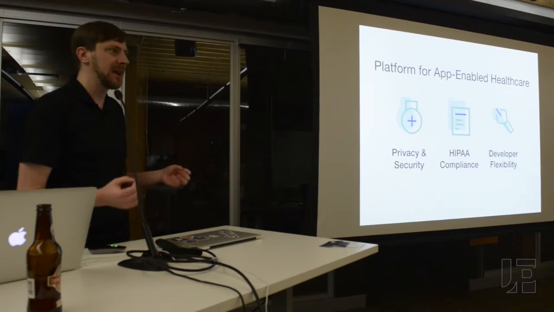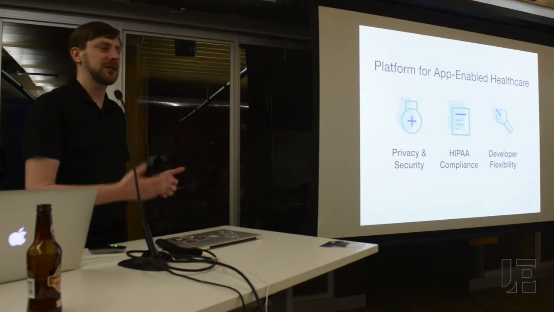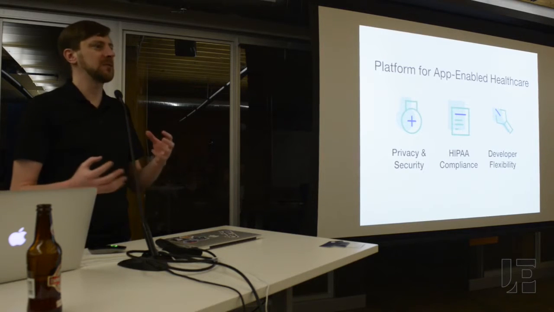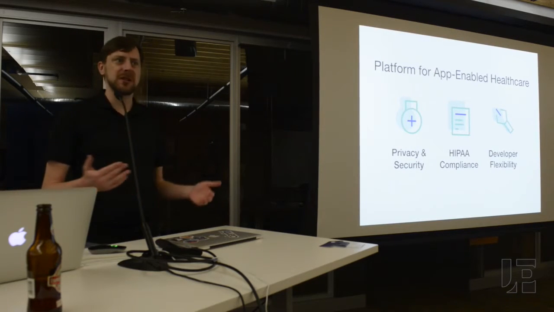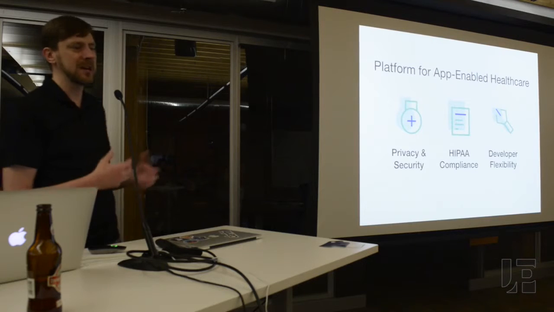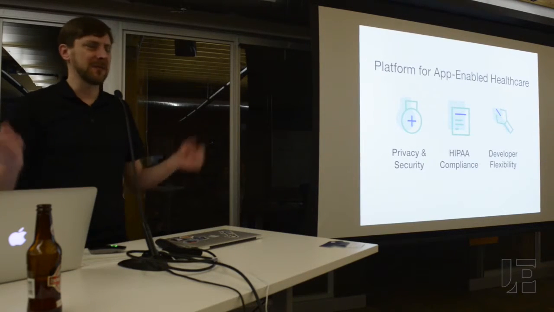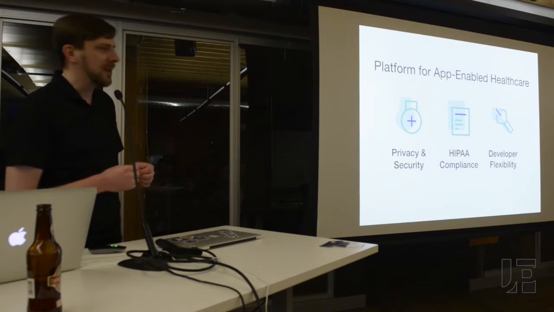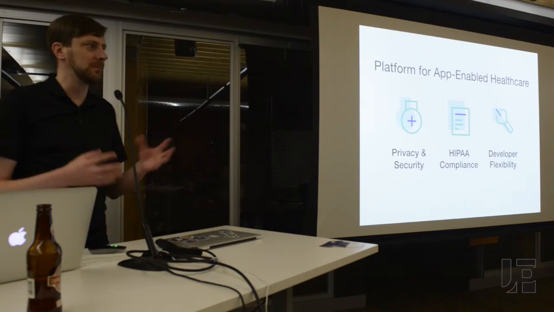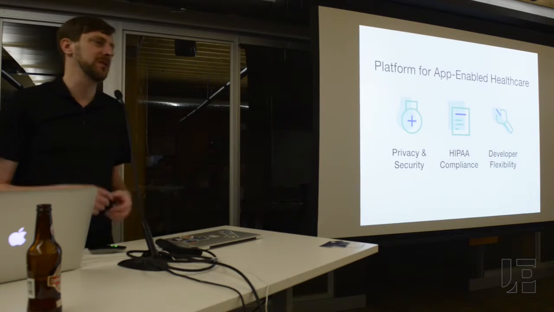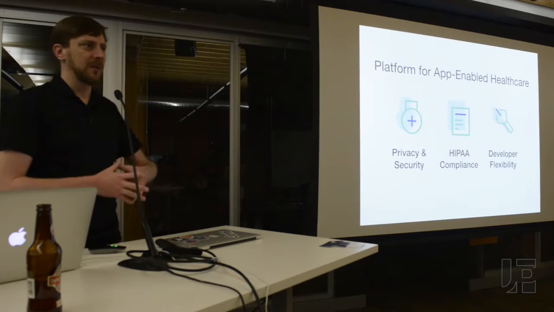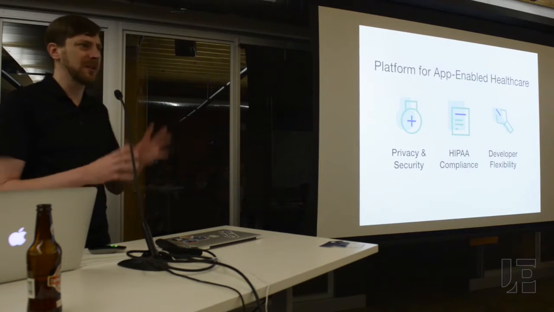So if somebody's making an app that will interact with the healthcare system, they have to deal with a lot of privacy and security issues. They have to deal with compliance. So in the US, it's called HIPAA. In Ontario, it's called PHIPA. Every province has its own acronym. We're talking hundreds of pages of legal stuff about encryption and firewalls and privacy officers and paperwork and all kinds of things. Lovely.